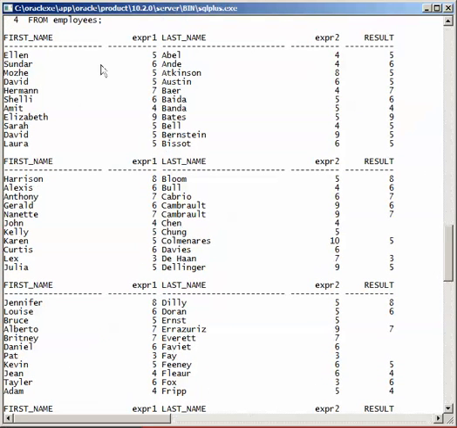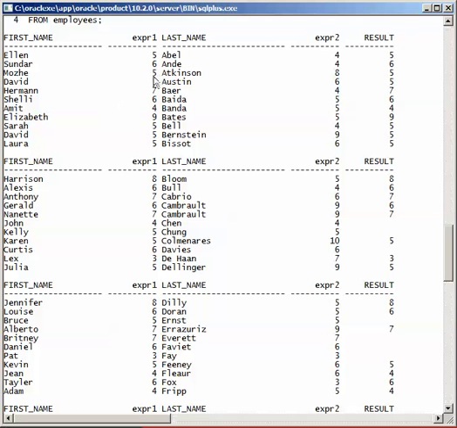Here is my first name, length of the first name, last name, length of the last name. If the length of first and second are the same, then it will return null. Here it is not null, so it will return the first.